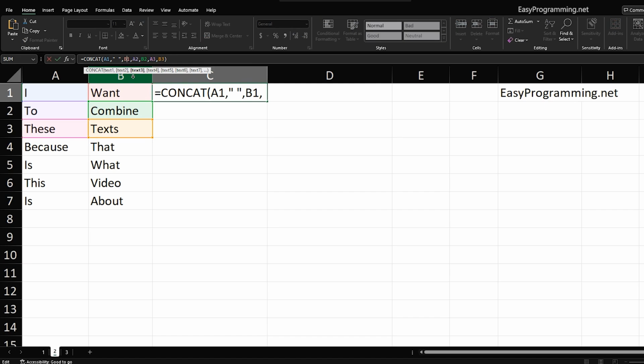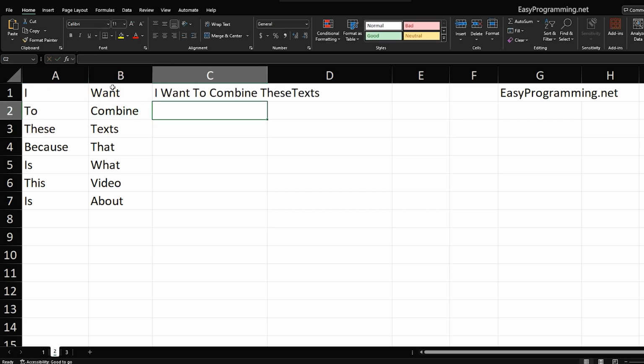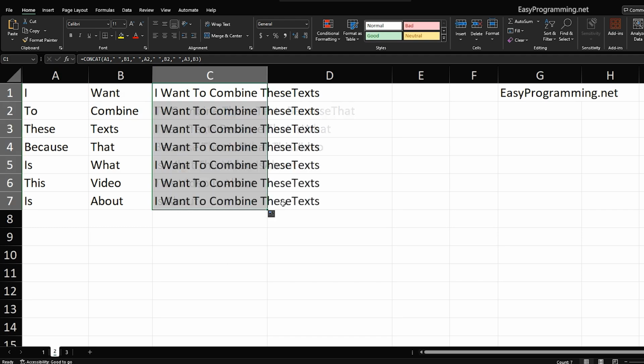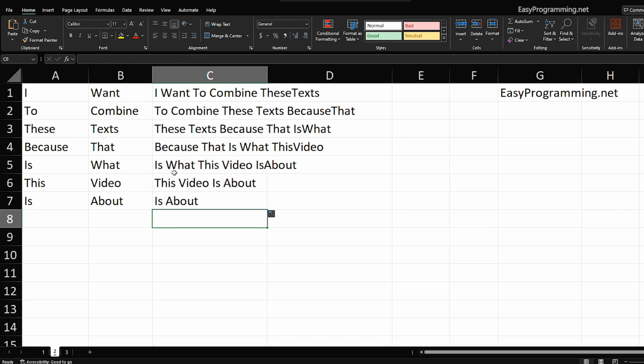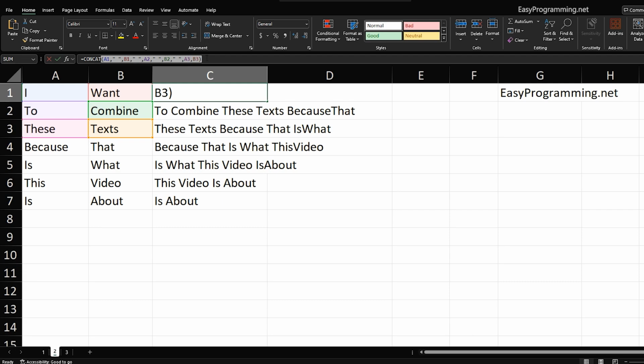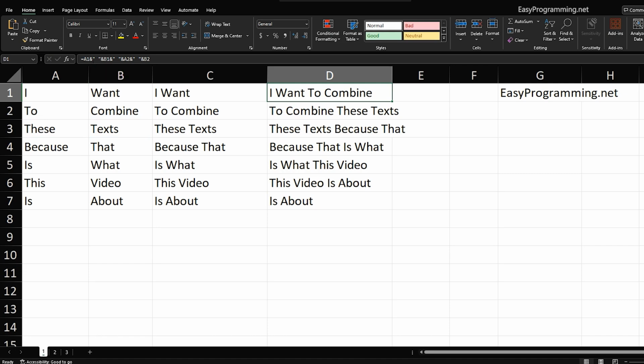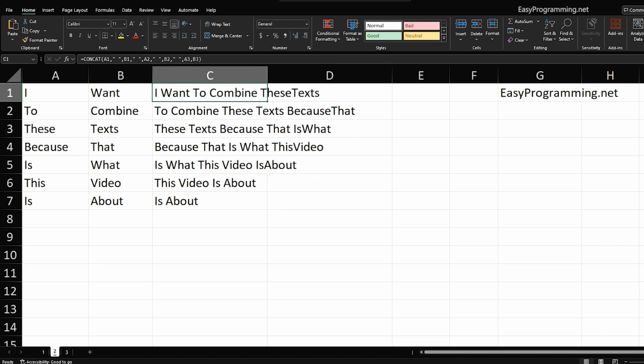But this time, instead of using ampersand in between these cells, what you do is you add commas. I'm just going to leave that one. So yeah, I want to combine these texts, right? And then again, we can autofill down, and this is what it looks like. Pretty straightforward. If you ask me, I think this function is a little bit more work than this one, where you just need one ampersand instead of a whole concat function, some parentheses, etc. All right, so now we're going to move on to the third option,